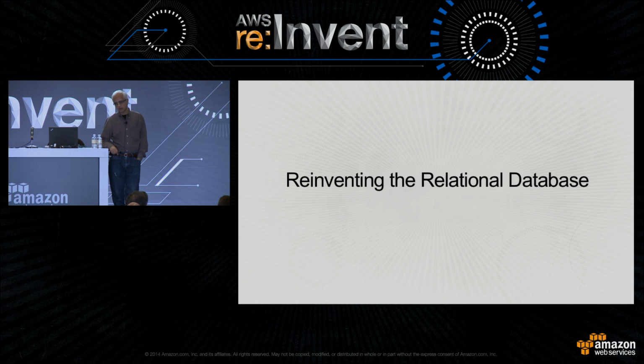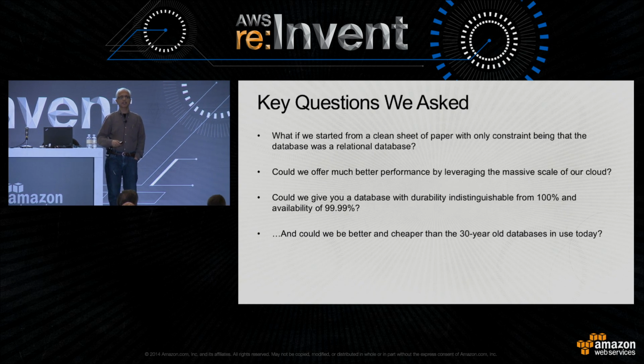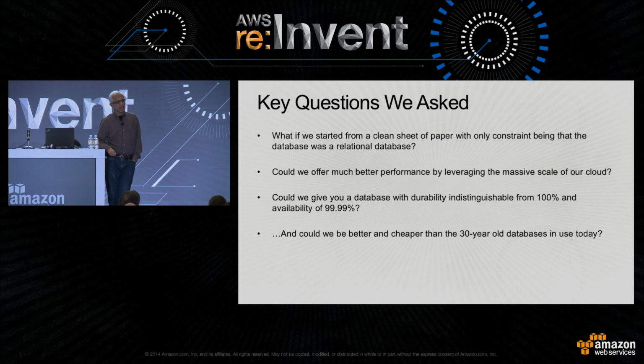I'm sure on Twitter and Hacker News, I saw a bunch of questions coming up on what we did with this new dawn of relational databases with Aurora. And I'm going to go into some of the questions that we asked. This is going back now 3 or 4 years when we started thinking about this service. Hey, if we could really design a database for the cloud where we said the cloud is the new normal, as Andy said, and you didn't have to worry about on-premise and worry about the old way of doing things. And you simply took one constraint, and the constraint is, at the end of the day, it's still a relational database. That's the only constraint. Everything else is clean slate. What could you do?